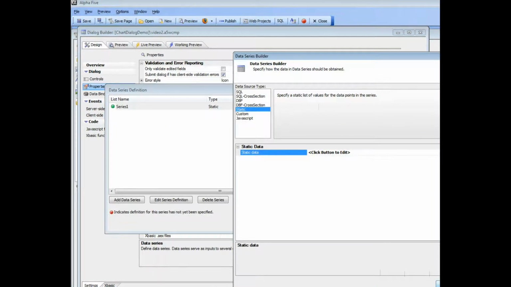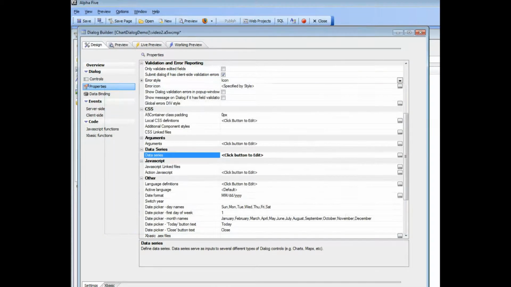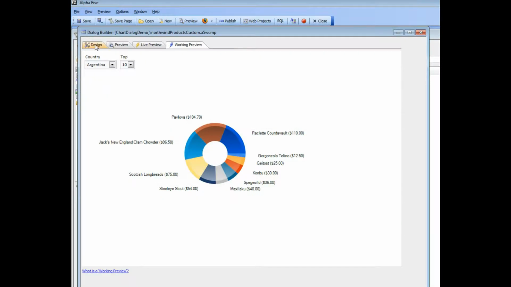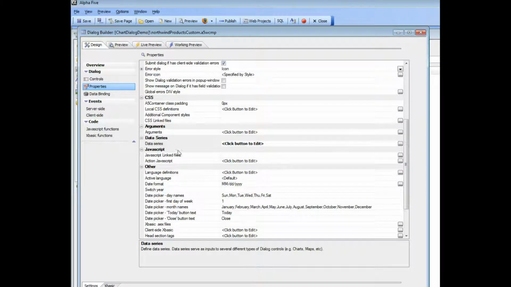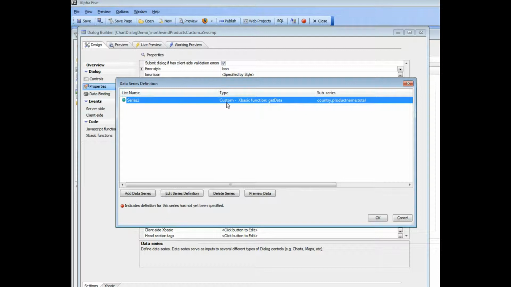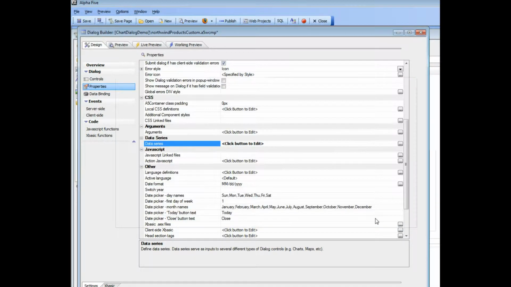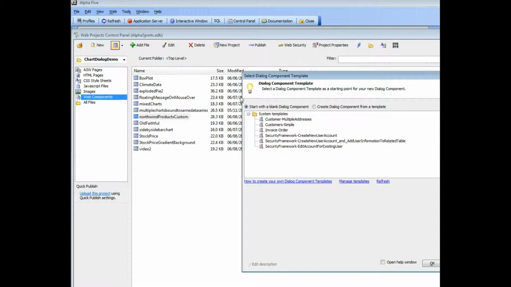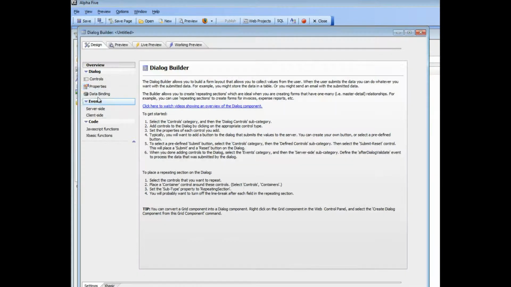In this video we're going to demonstrate how we were able to build this chart control here, where we're displaying data from the Northwind's database, and in this case the chart series is based on a custom type, which means that an XBasic function is called in order to compute the series values. But before diving into this chart over here, we're going to just do a quick tutorial on using the XBasic series type. So let's go back to the web control panel and create a new empty dialog,